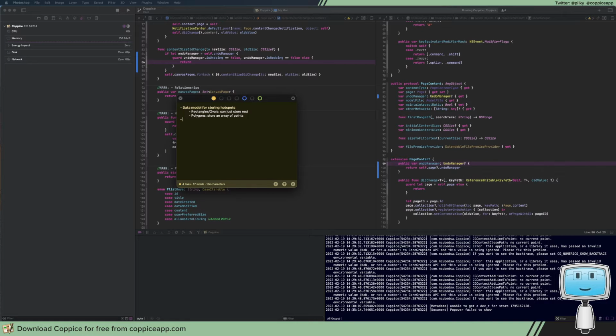We need to build a hotspot view, and this needs to have an editing mode, which itself needs to have, we'll do these hotspot editor. So the hotspot view to